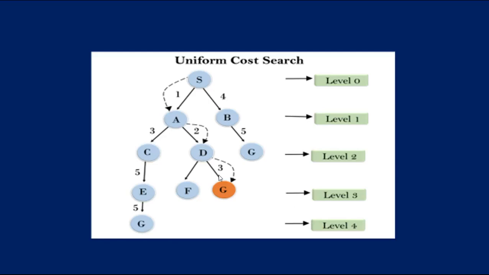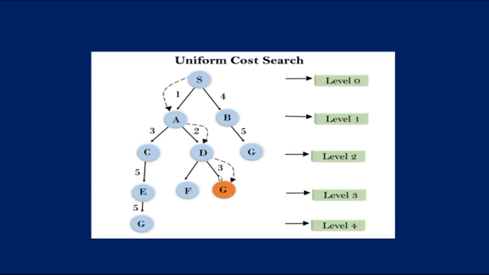So this is an example of a graph or tree diagrammatic representation for uniform cost search. Here it has levels from 0 to 4. So far we have seen several searching algorithms where we didn't have any weighted graph. Here it is weighted, which means it considers only cost. We start from the initial node, which is S. S's child nodes are A and B. By comparing the two weights, B is comparatively higher than A, so it chooses A.